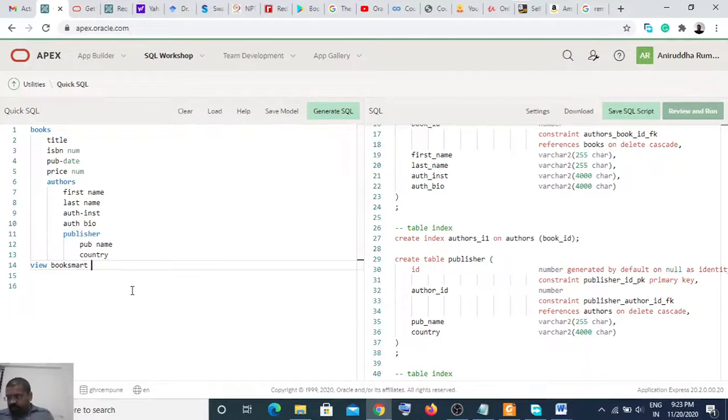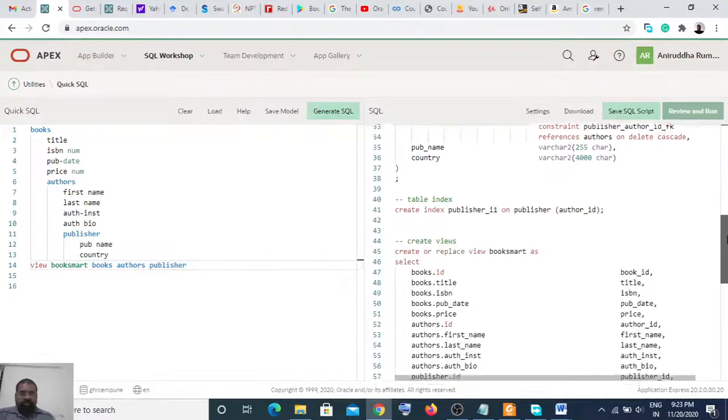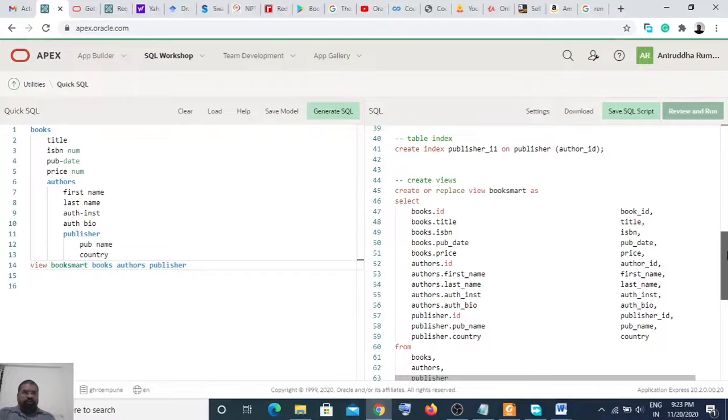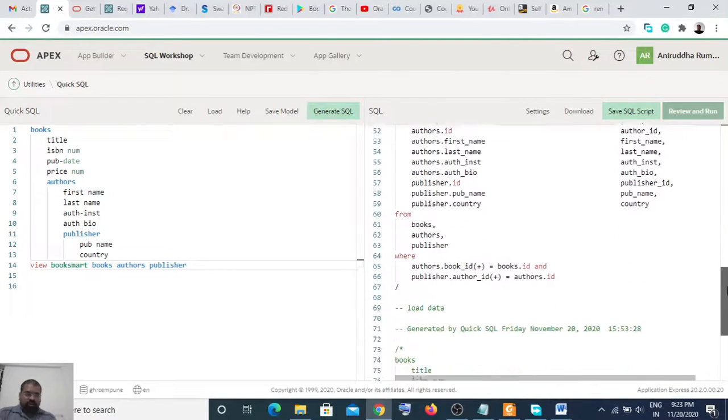What this bookmark is having: books, authors, and publisher. Press enter. It will automatically create a view using these three, so you got a view as book smart.